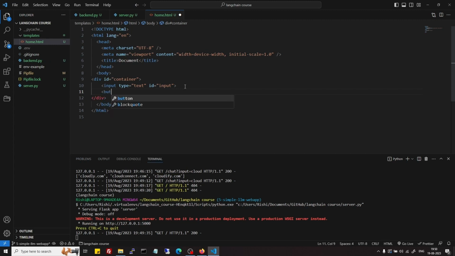So button, and then submit data or create, not create, generate domains,